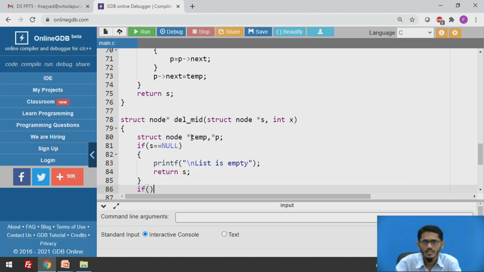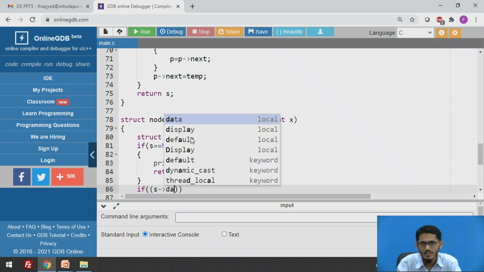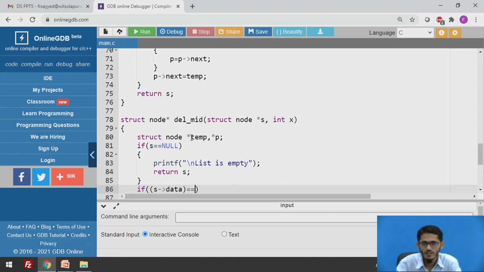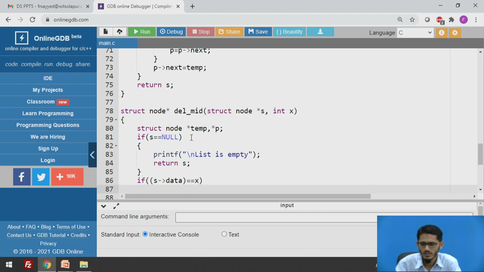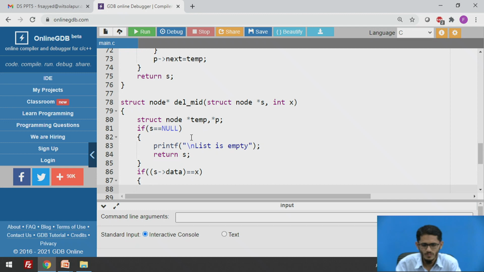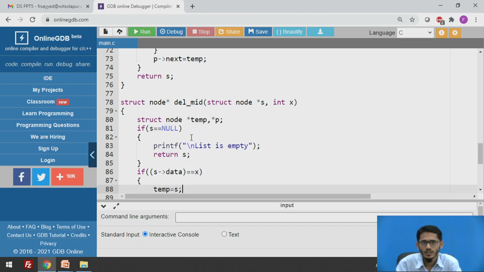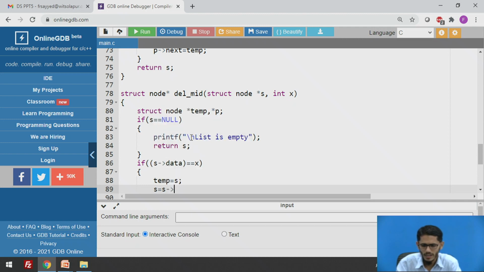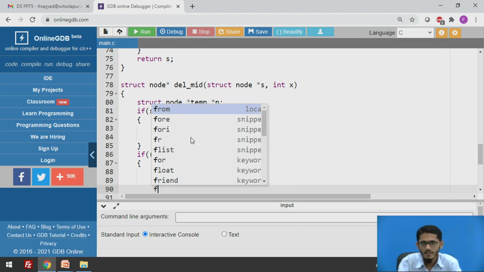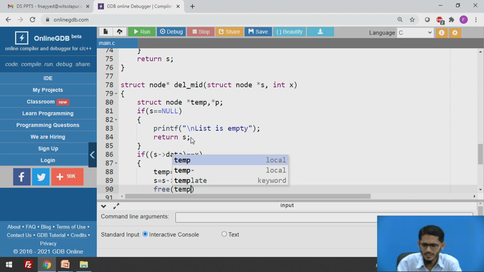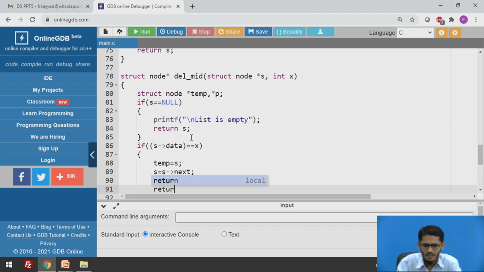Now my next target is to check whether the element x is matching with the data of the start node. If it is so, I'll just take the pointer temp to point to start. I move start ahead, then I free that temp memory location pointed to by temp, and I return the start pointer.